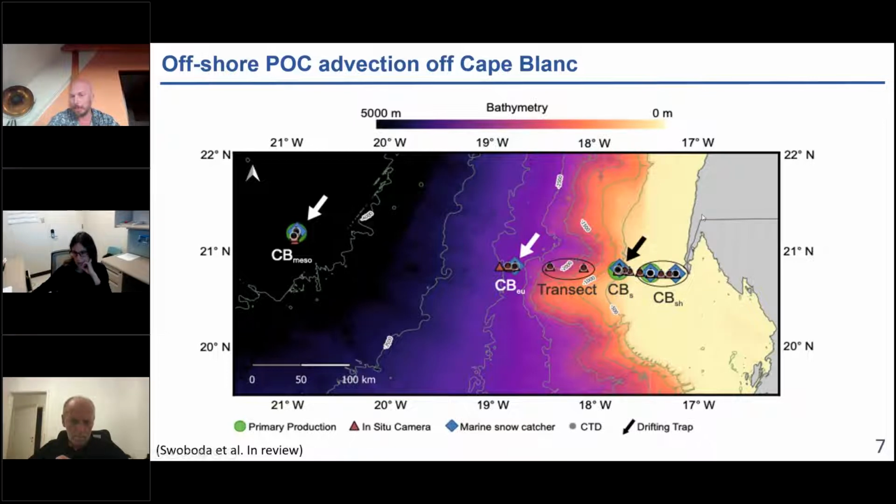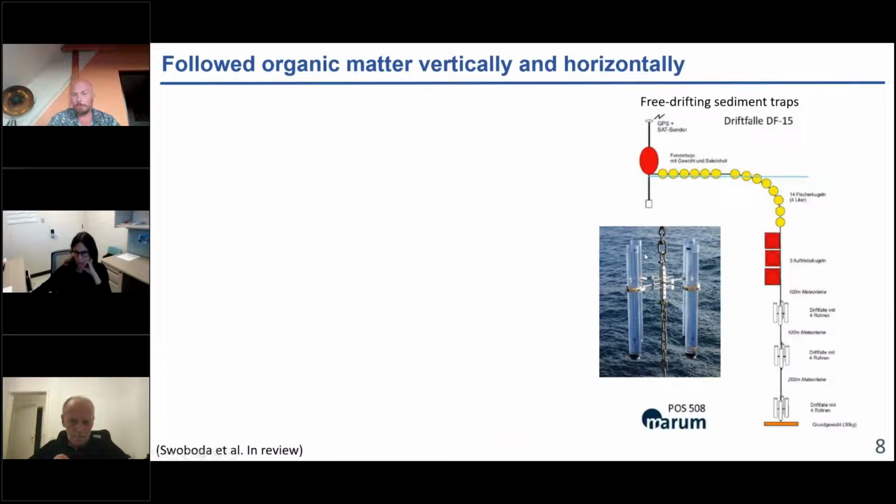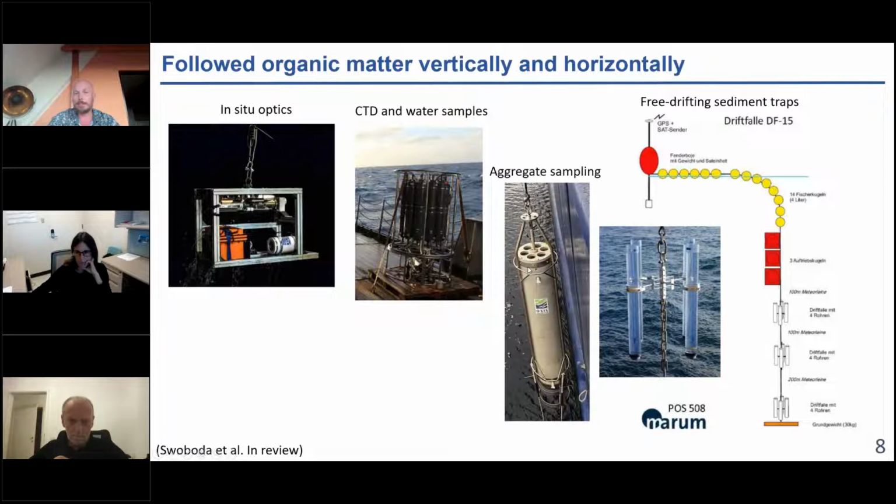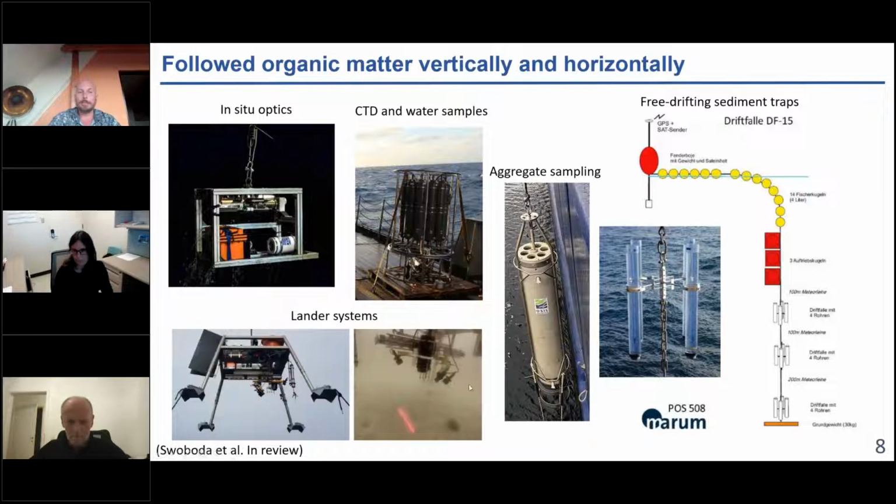So we went to Northwest Africa here. This is Cape Blanc with Morocco and Mauritania. We were trying to use drifting traps and a lot of in situ optics, of course CTDs, and we sampled individual aggregates to measure the microbial degradation with marine snow catchers. And then on the shelf, we had a lot of lander systems, and we measured primary production and benthic primary production. I was trying to follow the resuspension to see how much of the carbon that is produced on the shelf could be transported offshore via Ekman and then slowly sinking down and actually landing in the deep ocean sediment